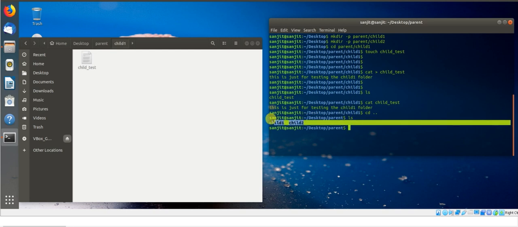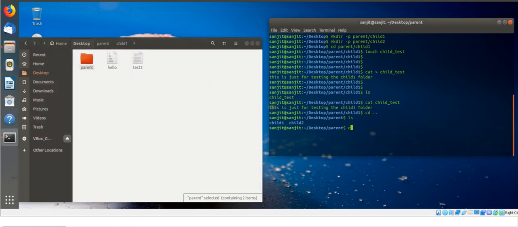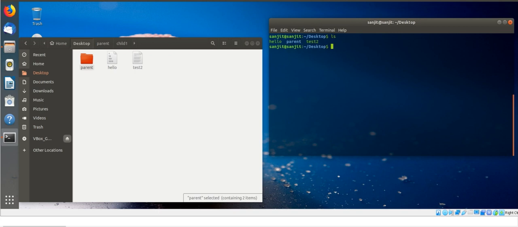If you want to come out, you can come out and hit ls. You can see there are two folders, child 1 and child 2. If I go back, you can see there are child 1 and child 2, and I will go back again, meaning I will hit cd .. Okay, and I will hit ls. Or let me clear the screen. So you can see hello is a file. Green color is the file, and parent in blue color is a folder. So you can see here is the folder, right? In this way, any kind of requirement will come to you to draw the files and folders, you can do that.